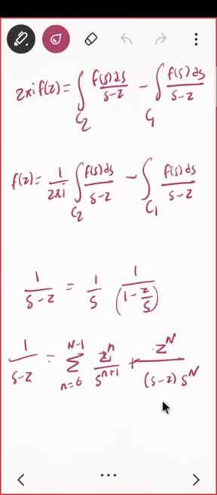That is z raised to n upon s minus z. And now what I want to use, okay, so first of all, observe one thing. Here I am having f of s ds upon s minus z. So if I multiply by minus on both sides, in the denominator I'll be having z minus s, correct? If I take minus inside, then it will be z minus s. So from here also, can you give me z minus s?